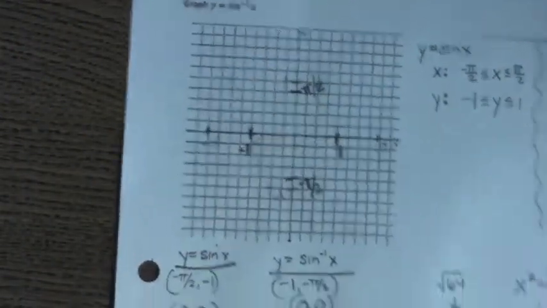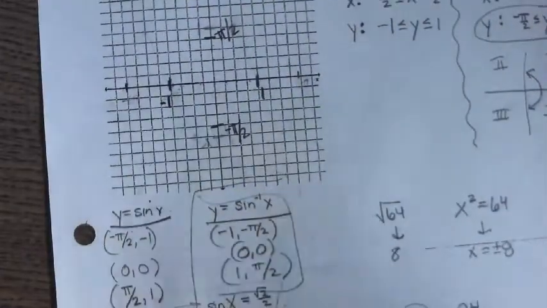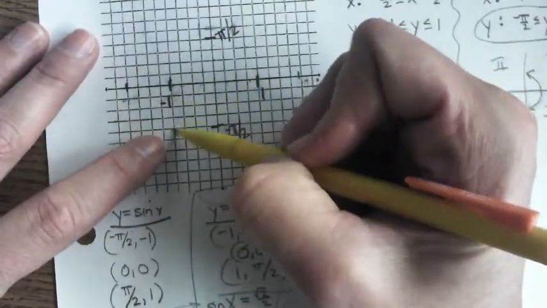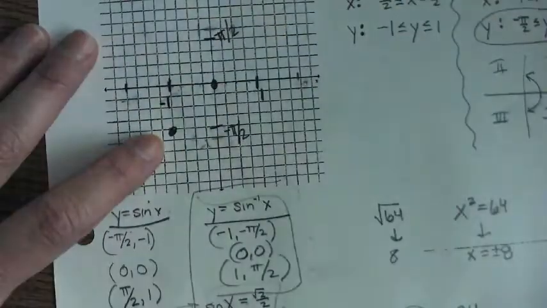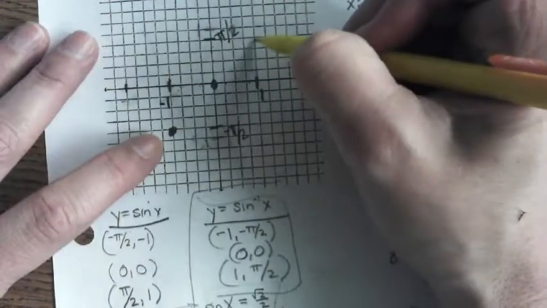So now graphing my critical points for the sine inverse, negative 1, negative pi over 2, 0, 0,